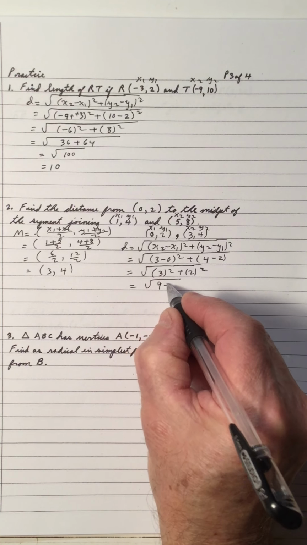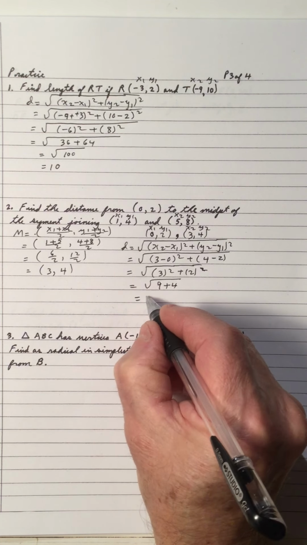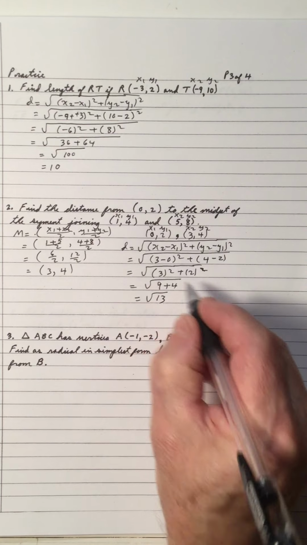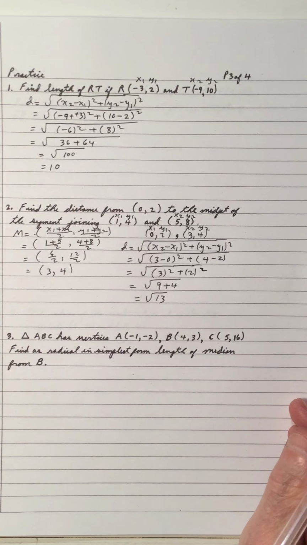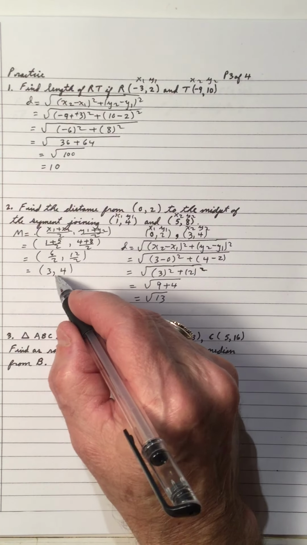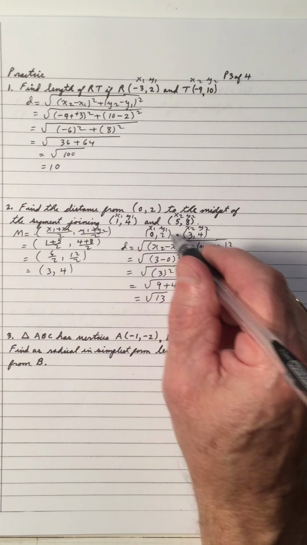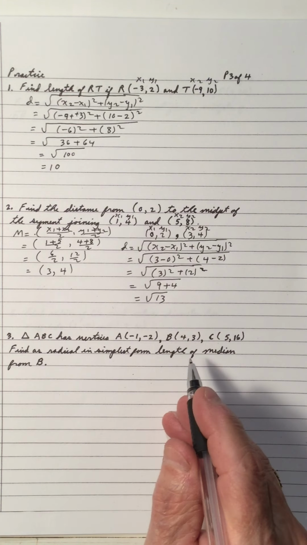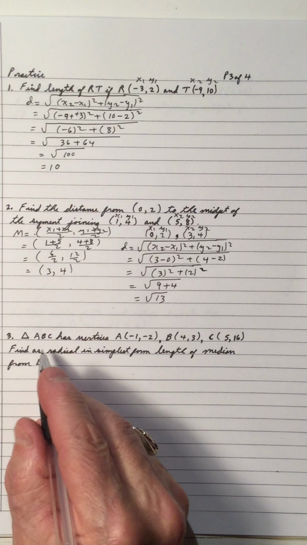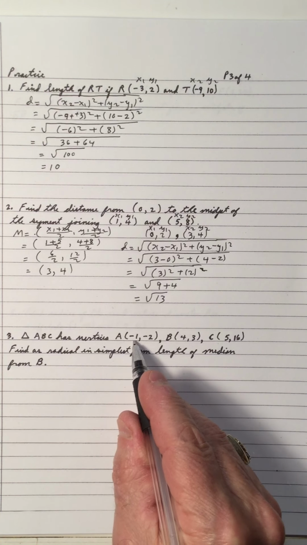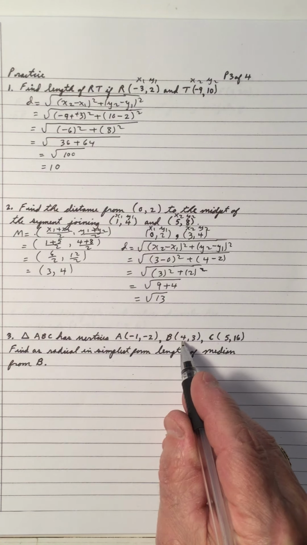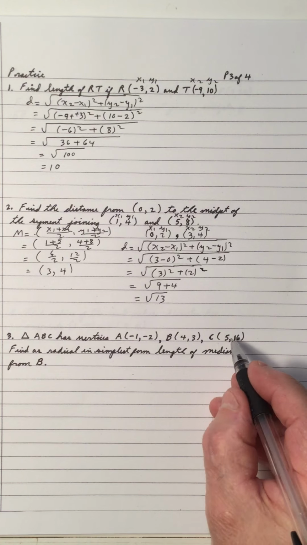That's 9 plus 4, which gives us the square root of 13. So notice I had to find the midpoint, which I did, and then find the distance between 0, 2 and the midpoint. Number 3, triangle ABC has the vertices of A, -1, -2, B is 4, 3, C is 5,